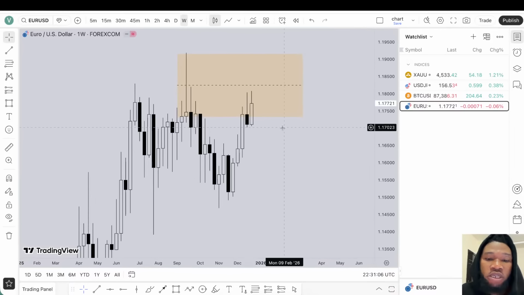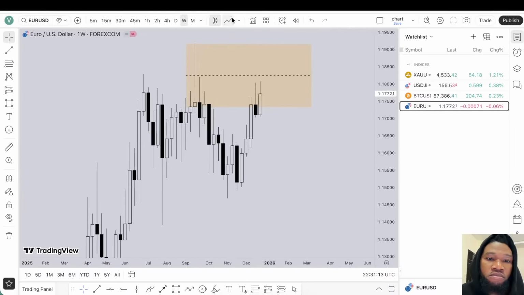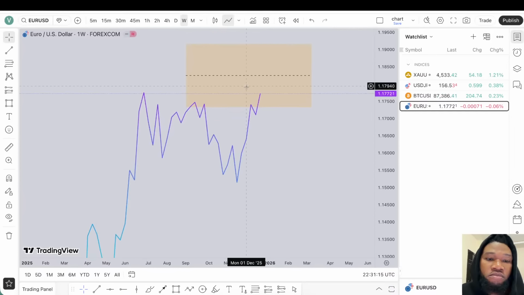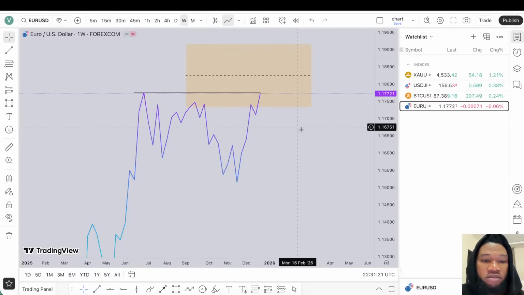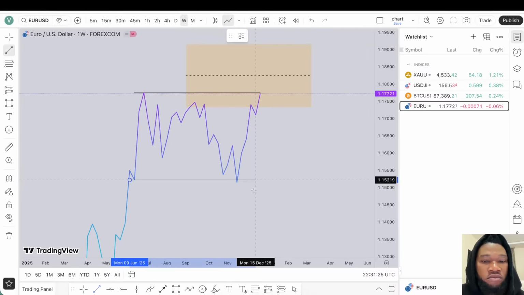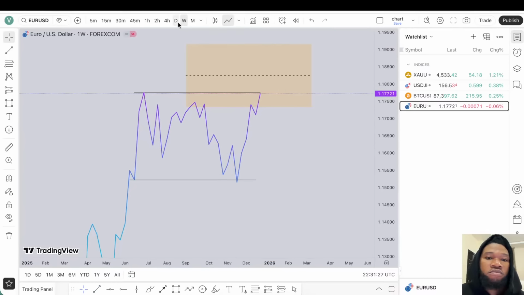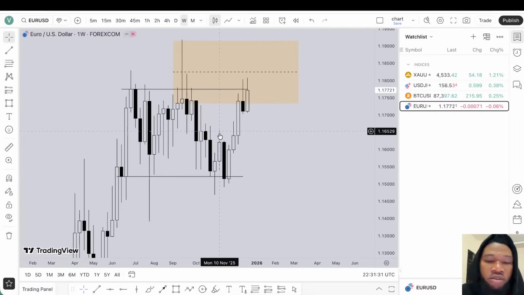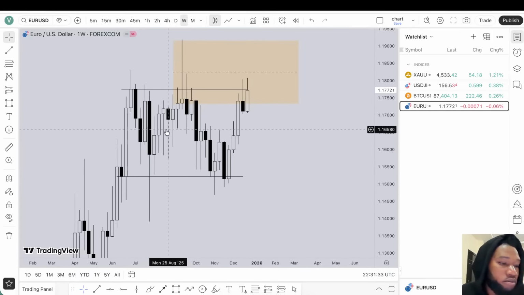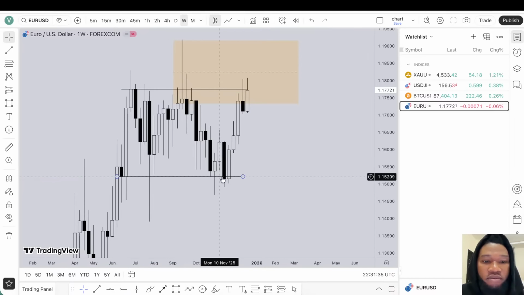Now this is weekly, right? So on weekly, what do we have? We have a bullish storyline. How do we have a bullish storyline? Let's see. So now on this very one here, we have